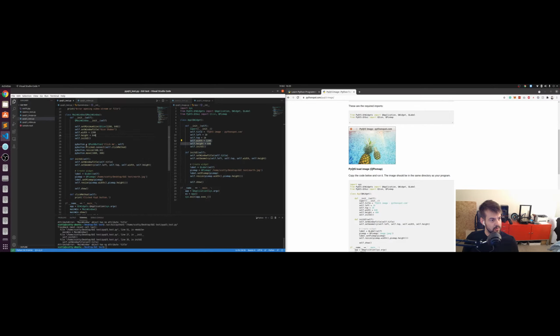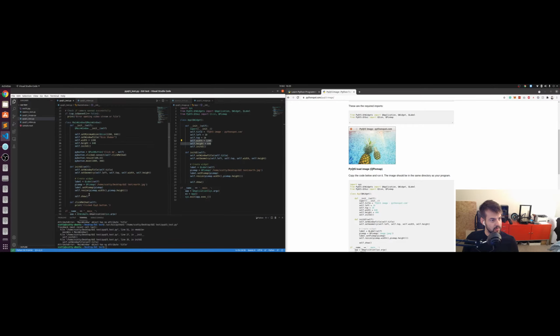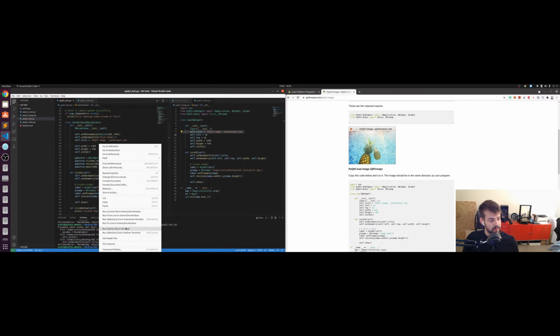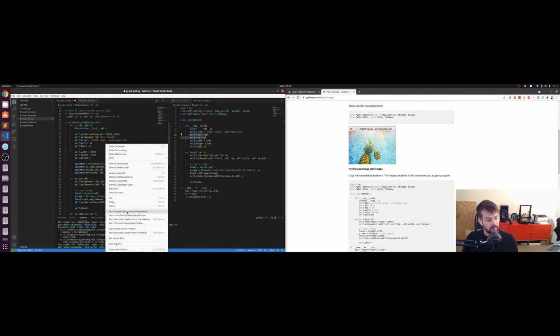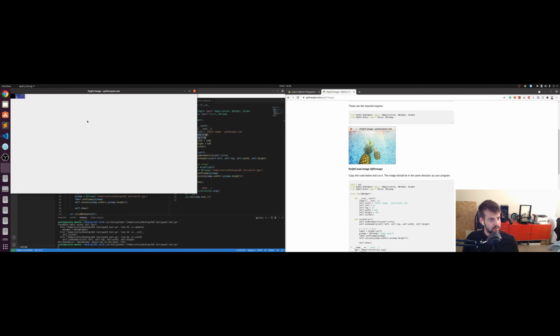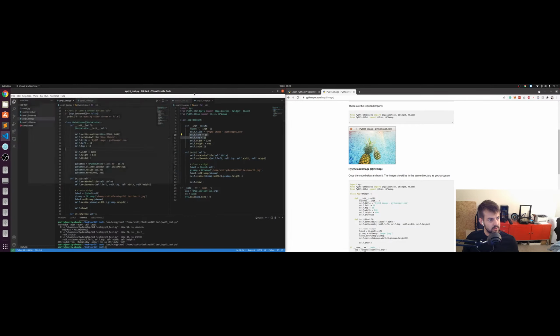Main window. What is the main window? This. There is no title. Ah, so I can just edit, fine. And these two things as well, right? Okay. Okay. Not great, but kinda. Okay, so